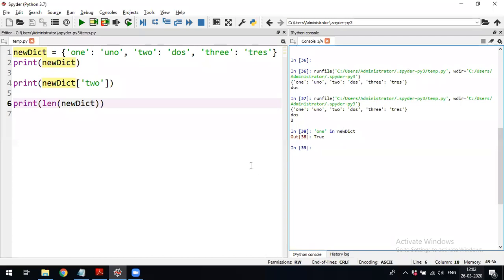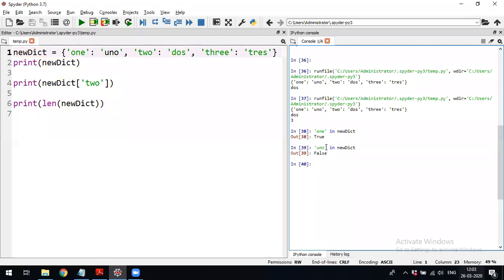But if you check for the value, the same value, it will give you false, because it will always search for the keys.